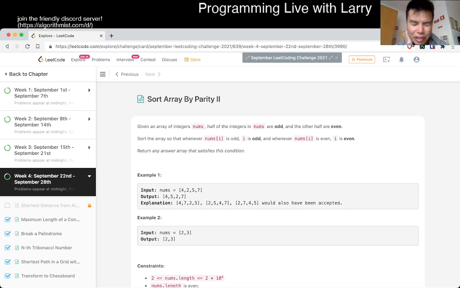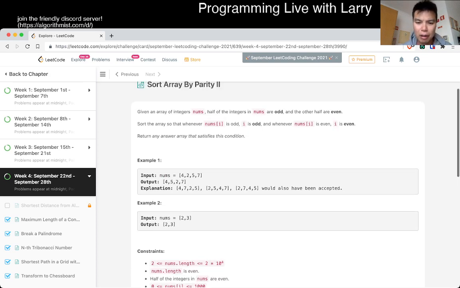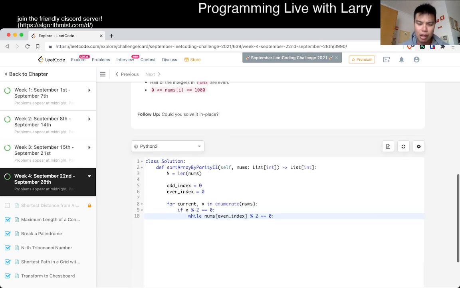Sorry, I forgot how to do this again. Or the question: num sub i is odd when i is odd. Okay, so maybe I'm thinking about it a little bit too funkily. I'm not looking at this number, I'm looking at current. So while the index is even, the number has to be even. Okay, so that's fine. So while this is equal to 2, even